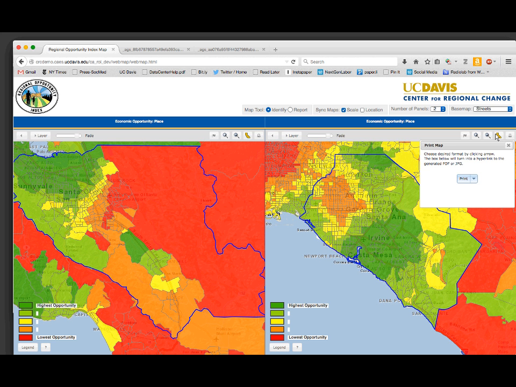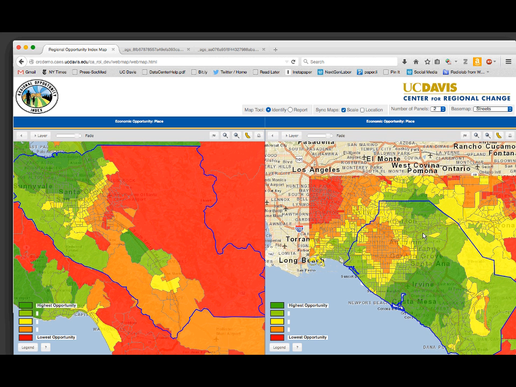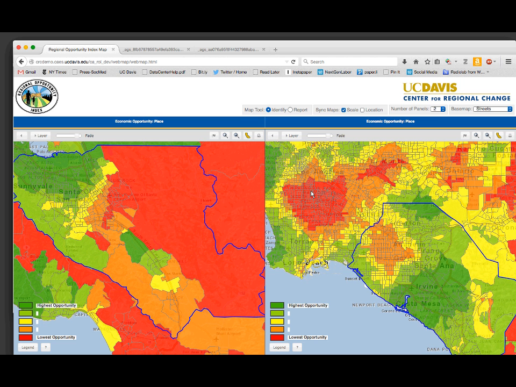So that shows you some of the features. And one of the things you can see on this quite clearly is in areas of South Central Los Angeles and East LA, the patterns of low economic opportunity are quite obvious. So let me get back to the index itself and how that might be used to explore conditions in a